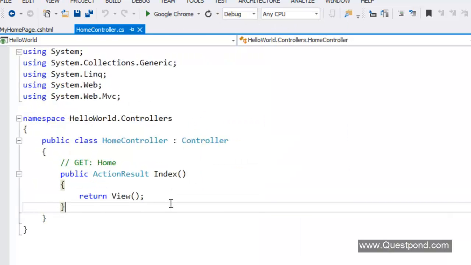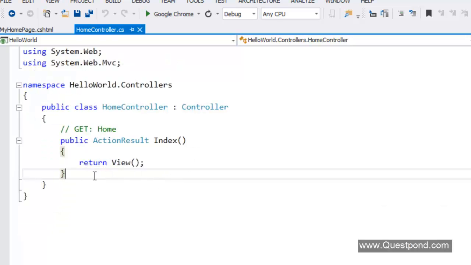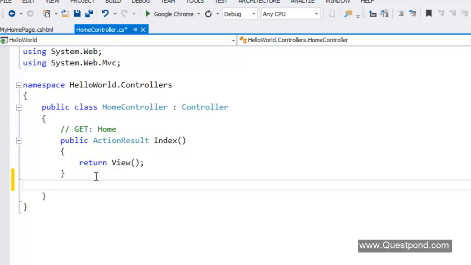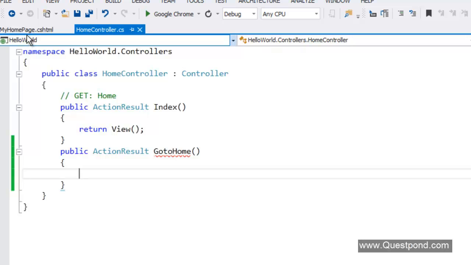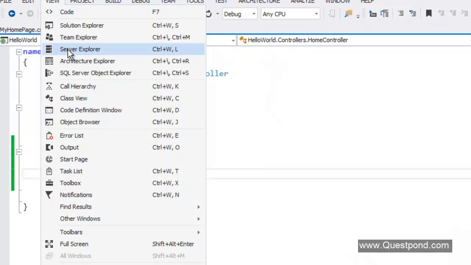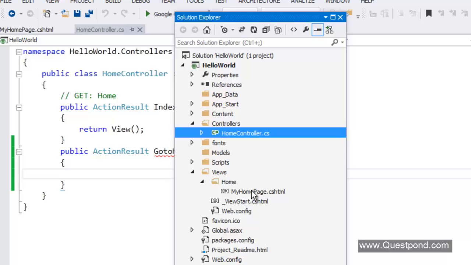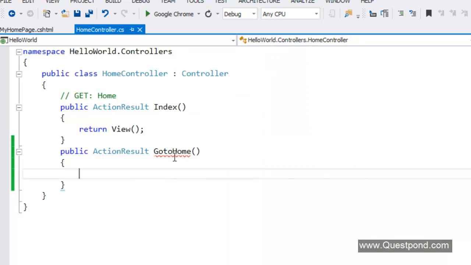So on this controller the end user will send an action called go to home. Remember, actions are normally verbs, so I'm going to say this home controller will have an action called go to home, and this action will return a view called my homepage.cshtml. Remember, our view name at this moment is my homepage. Remove the word .cshtml. So as soon as somebody hits this action, I will return